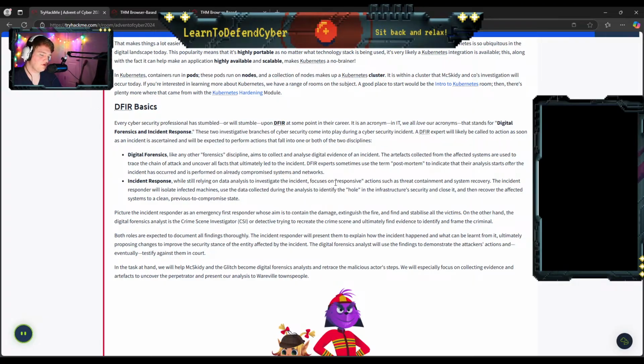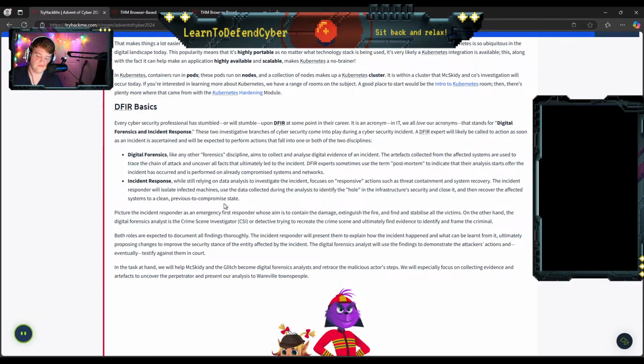The IR portion focuses on responsive actions, such as threat containment, system recovery, etc. Responders will isolate infected machines, use the data collected during the analysis to identify the hole in the security and close it, and then recover the affected systems to a clean, previous to compromised state.